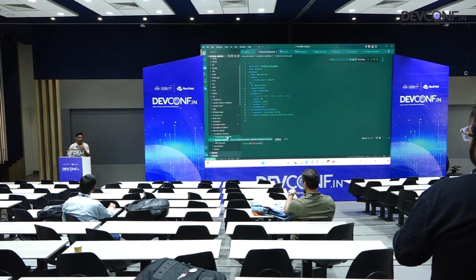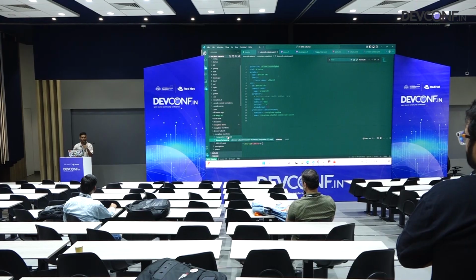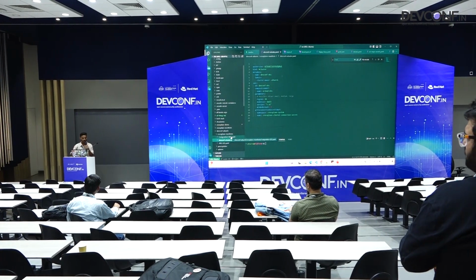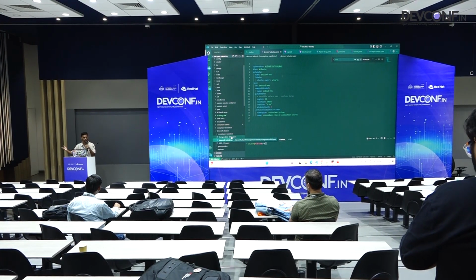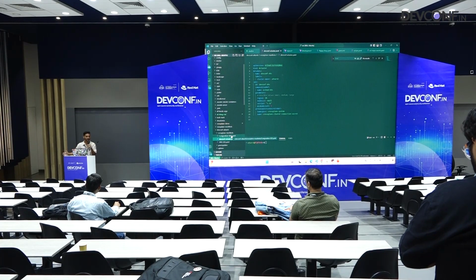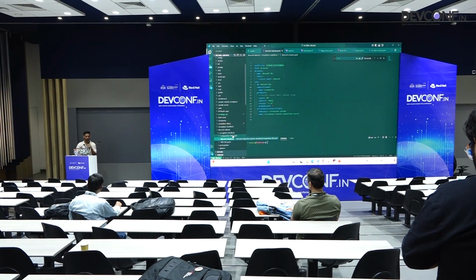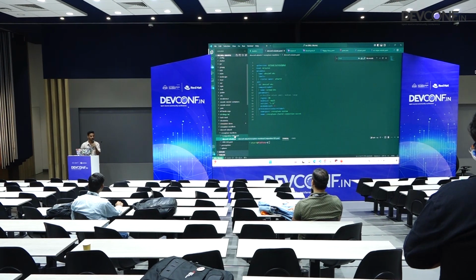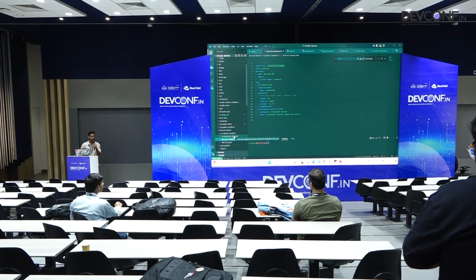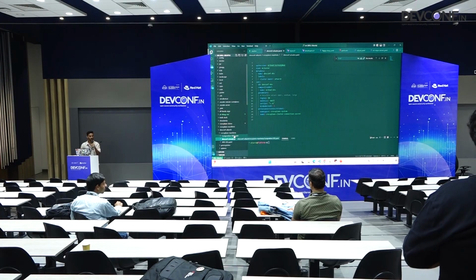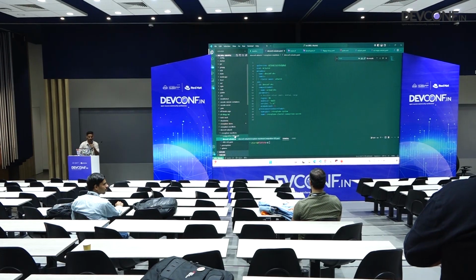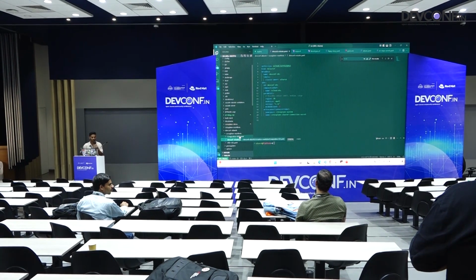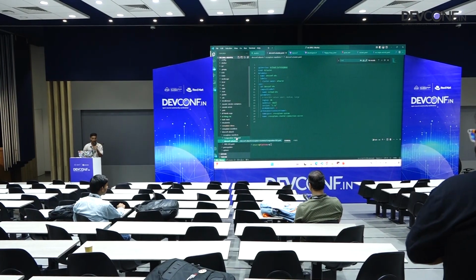Correct. Especially in this demo, I did kubectl apply, which is wrong. I should have deployed Argo CD, pushed this configuration to a Git repository, and then had Argo CD reconcile that. That is the correct approach. But for demo purposes, I did a kubectl apply. GitOps completely goes against kubectl because it's a CLI command. So this file sits in a Git repository in the final state. Thank you so much for the question.